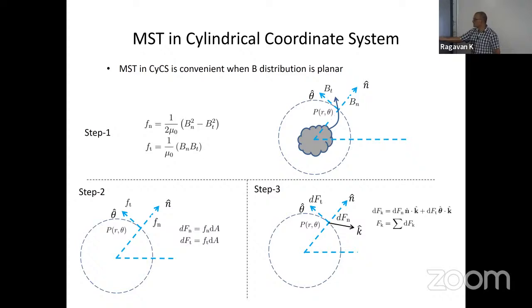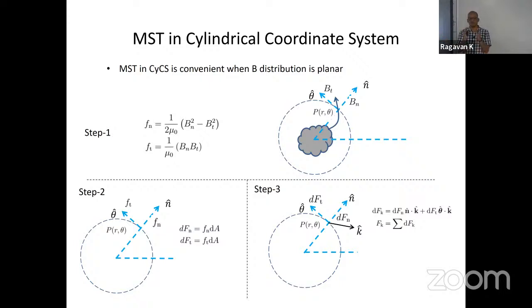Yeah. So once we have these stress values, we go to finding the differential forces on that small volume. Please note that these stress values are at the point you have computed, right? If out of this volume there is a magnetic field line, the blue color line, it has Bn and Bt components. So you find out what Bn square minus Bt square is at that point. So that stress is valid at that point. And you get a differential force at that point, a differential force in the normal direction and a differential force in the tangential direction. These forces are in those two directions, normal and tangential.